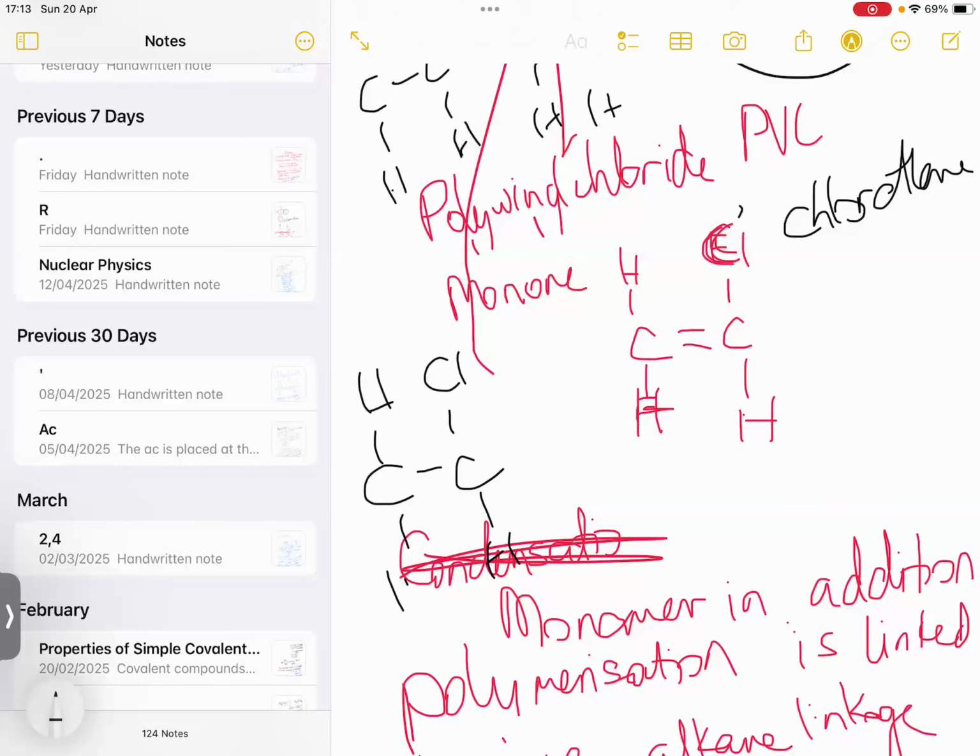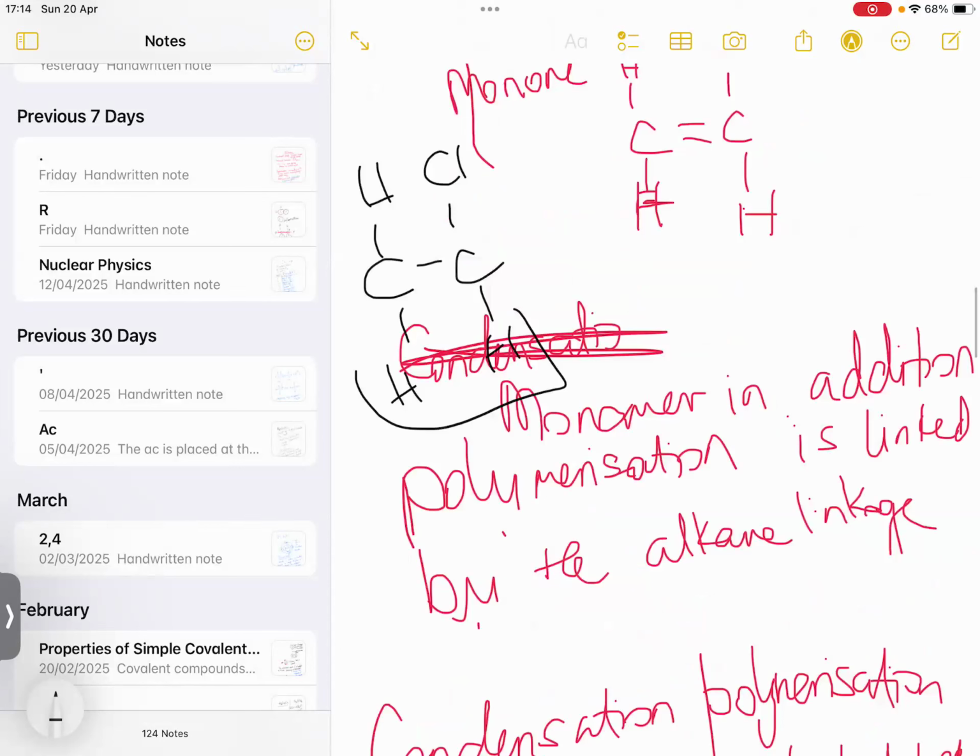And then you repeat it by the number of times they ask you to repeat it in the question. So again, for each polymer, you need to know what they're used for. This is condensation polymerization. In condensation polymerization, the molecules,